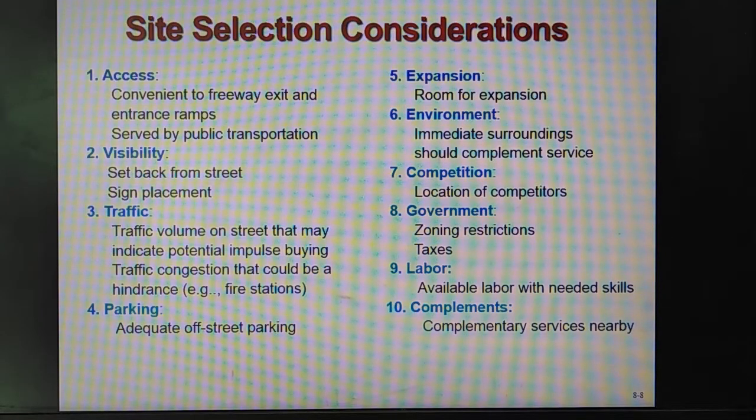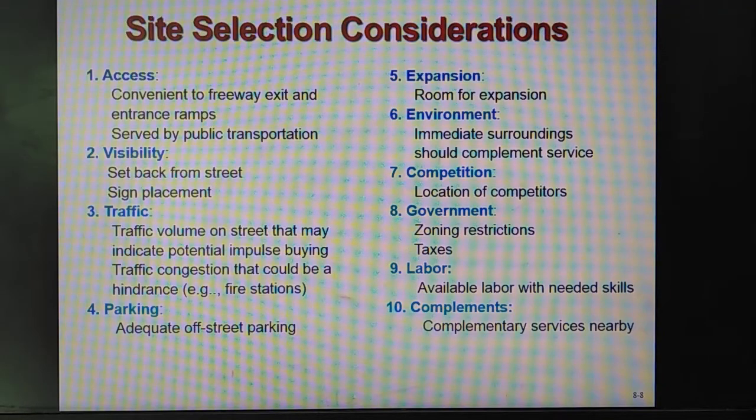So next is labor. Labor must be available with the needed skill, talented people that could serve your business. And the last one is the complement services nearby. For example, if your business is selling car or used car, there should be a complementing service